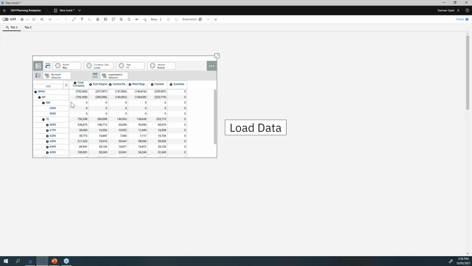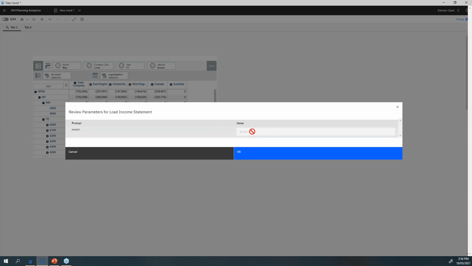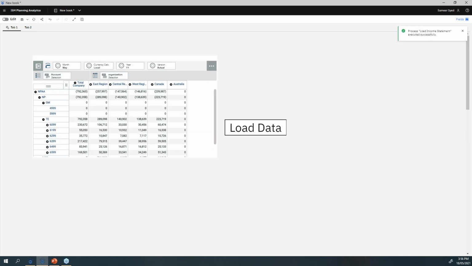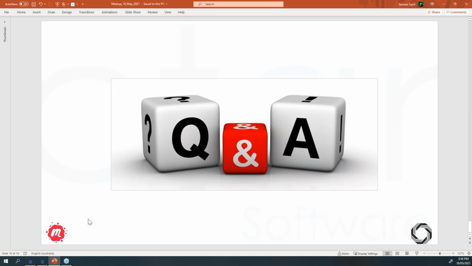And the same goes for the other months as well. If I select May and the user selects this, again, it's grayed out. Whatever month the user selects will be the one passed into the synchronization option. Okay, that was my last feature I wanted to showcase. And with that, I'll open the floor for any Q&A.